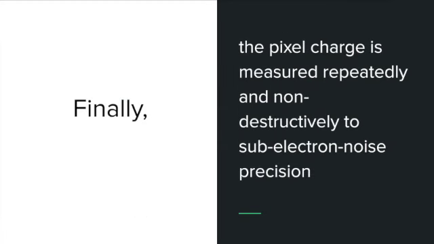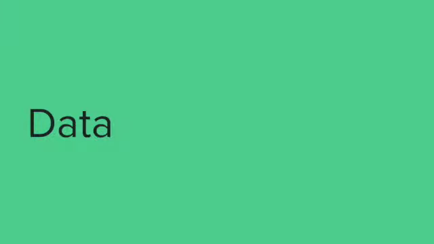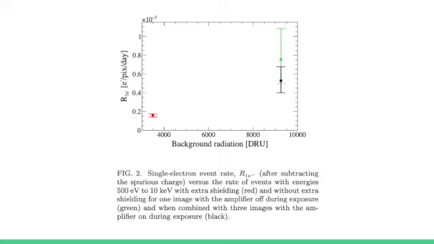The pixel charge is then measured repeatedly and non-destructively to sub-electron noise precision. And thus, many different types of data and many different observations emerge from this experiment. The first data table that I want to analyze is one of single electron event rate, also noted as R1-E,